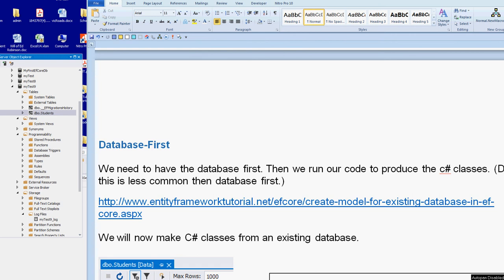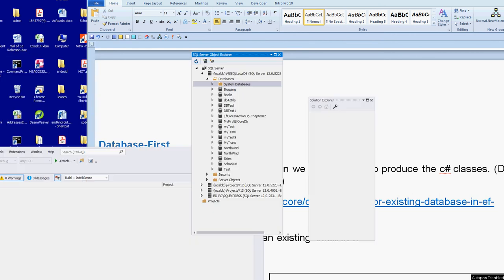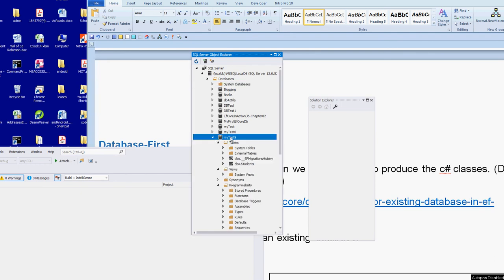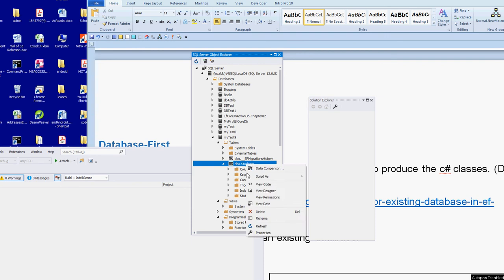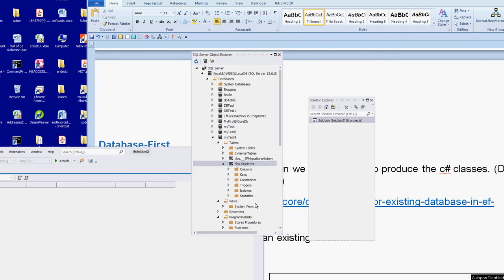Let's consider now database first. With database first, we start off with an existing database. For example, I'll just choose this one down here, my test 9. It's got this students table, which we'll take a look at. So here's our